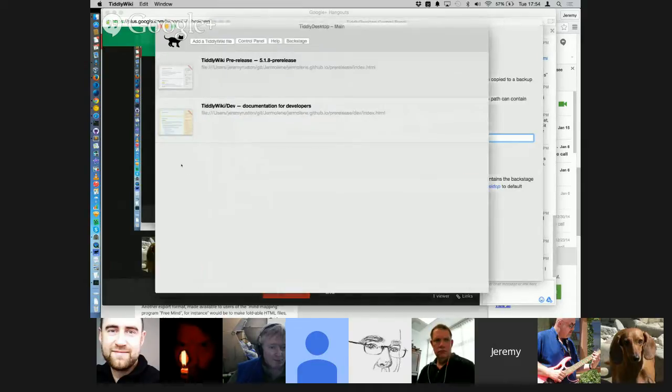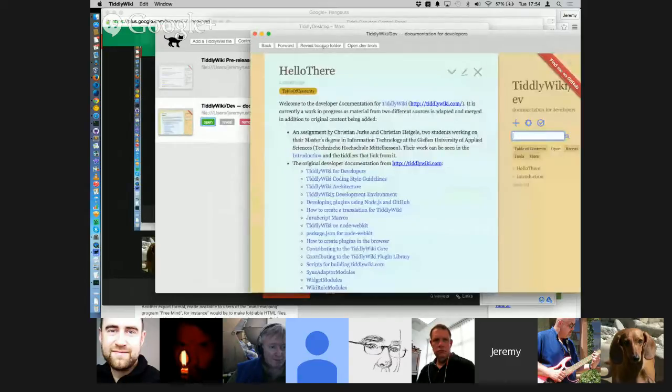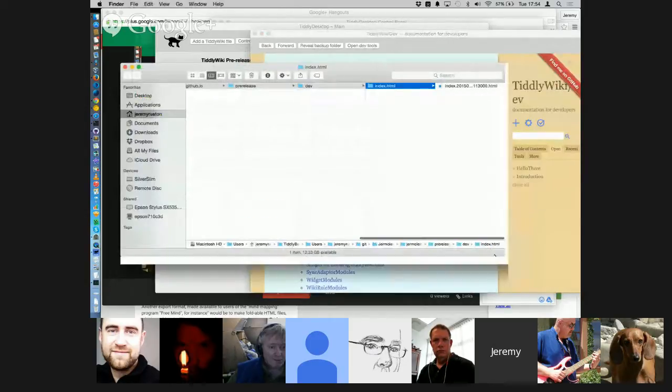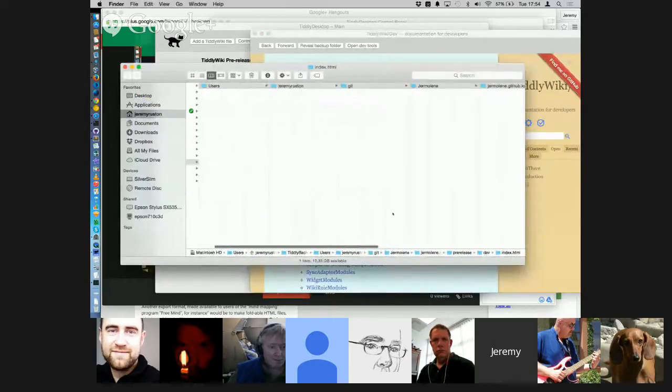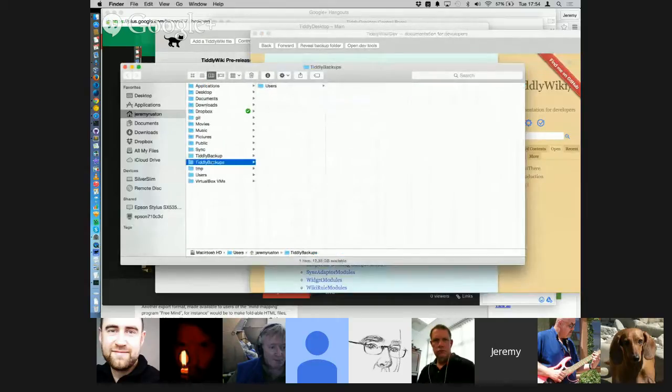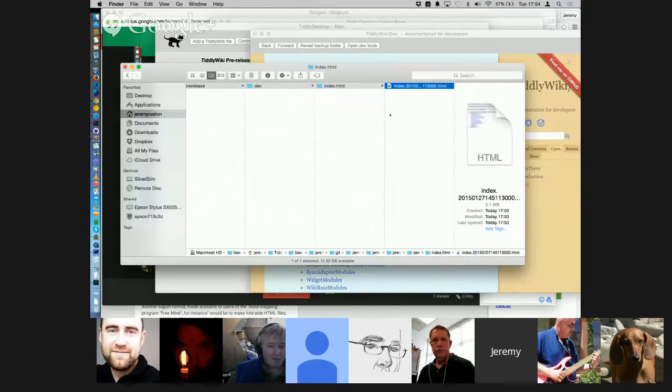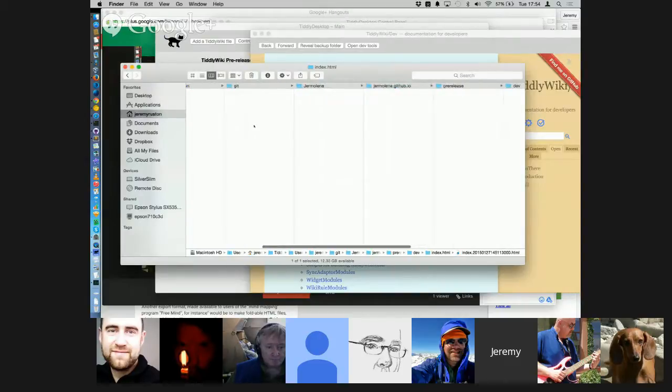So that means that if I open this and reveal the backup folder, you can see that for that dev wiki, the backup folder, scroll back, we've got inside Tiddly Backups, we've then got, it uses Jeremy Ruston, Git, Germaline. So that is a repetition of the path that leads to the location of the document. So the purpose of all of this is that you get to choose whether to have all of your